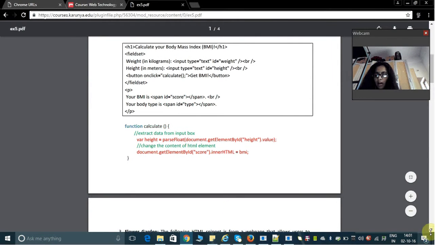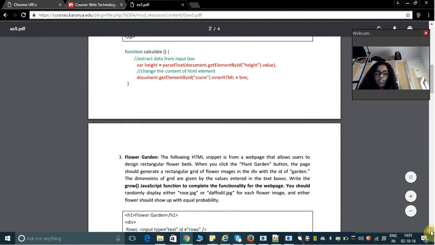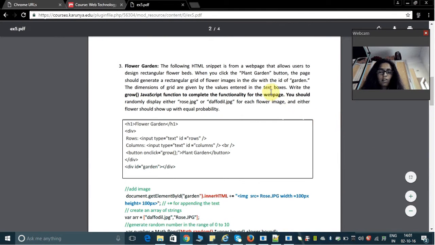Our third question is Flower Garden. In the question, the following HTML snippet is from a web page that allows users to design regular flower beds. When you click the plant garden button, the page should generate a rectangular grid of flower images in the div with the ID of garden. Here they have given some question for the flower garden, and my code is